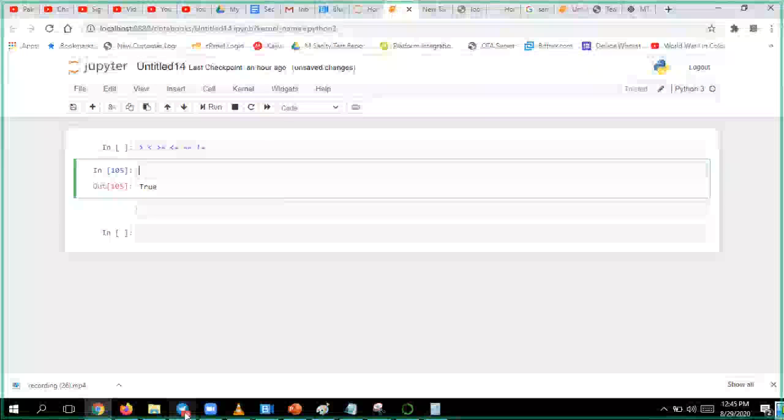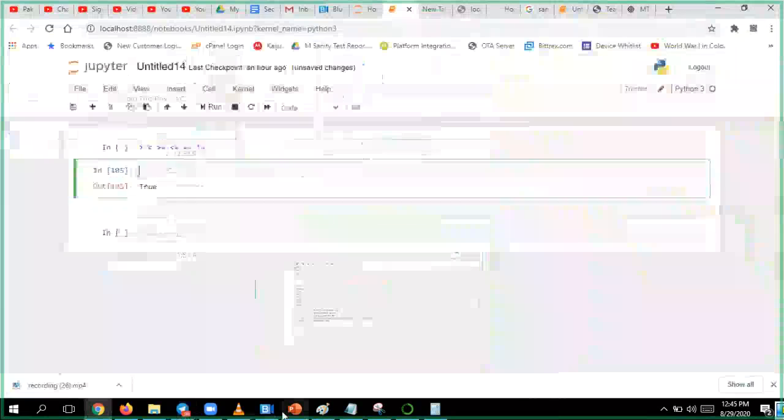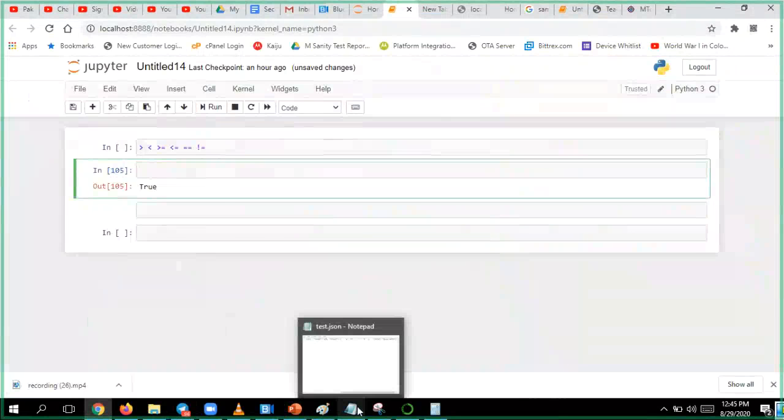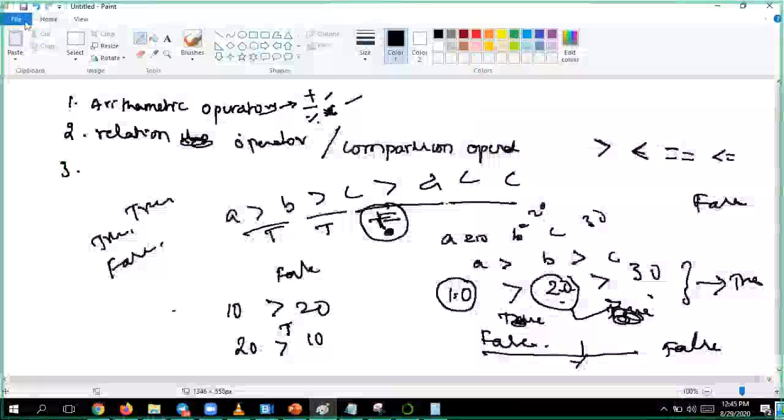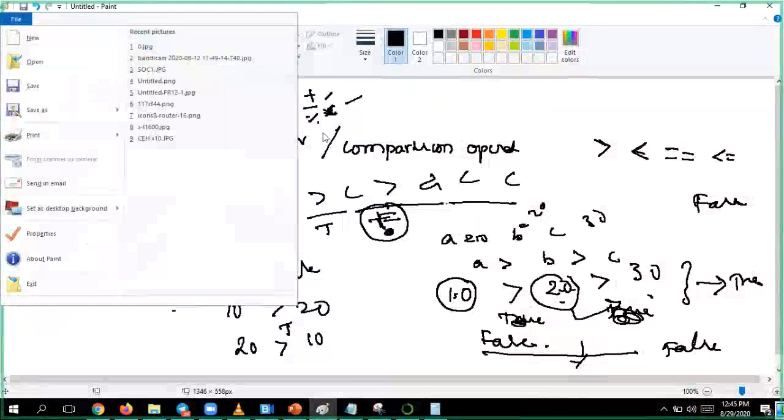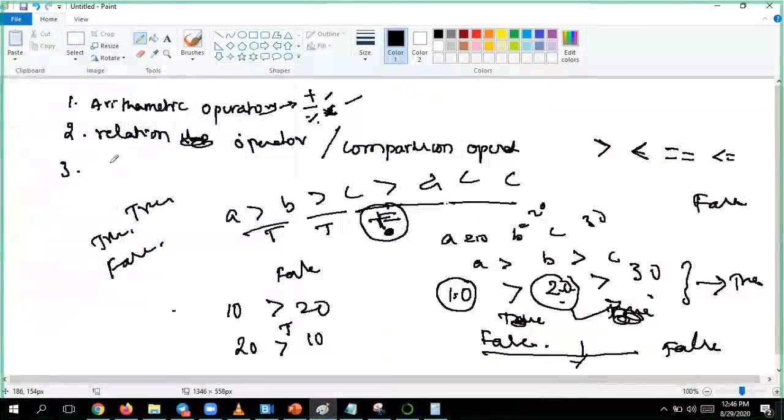Now, the logical table we will take first. Arithmetic we have finished, and we have finished double equal to and not equal to also. Next we have logical operators.